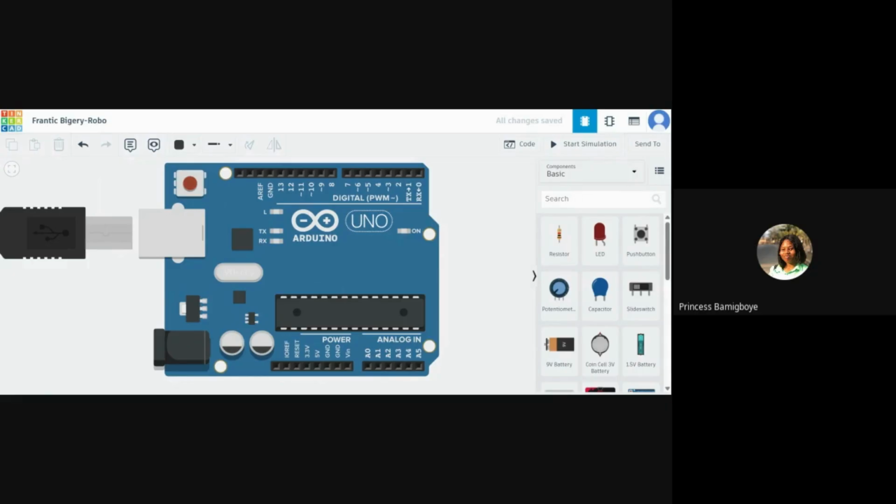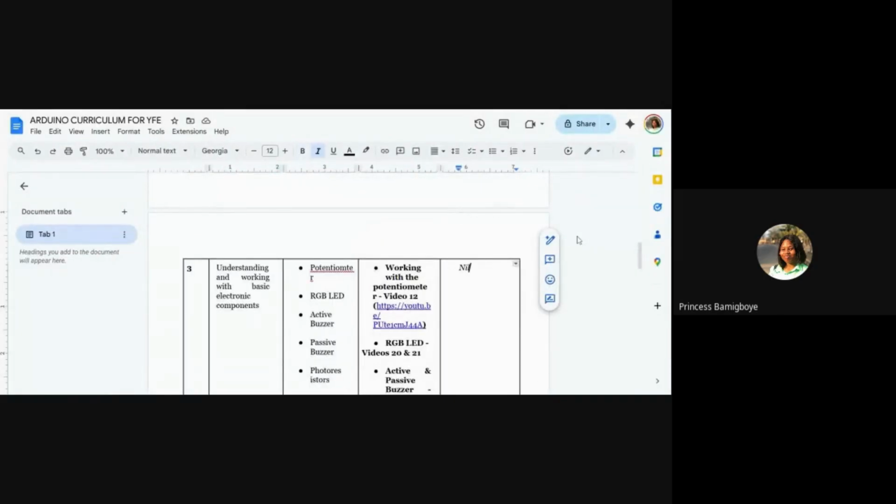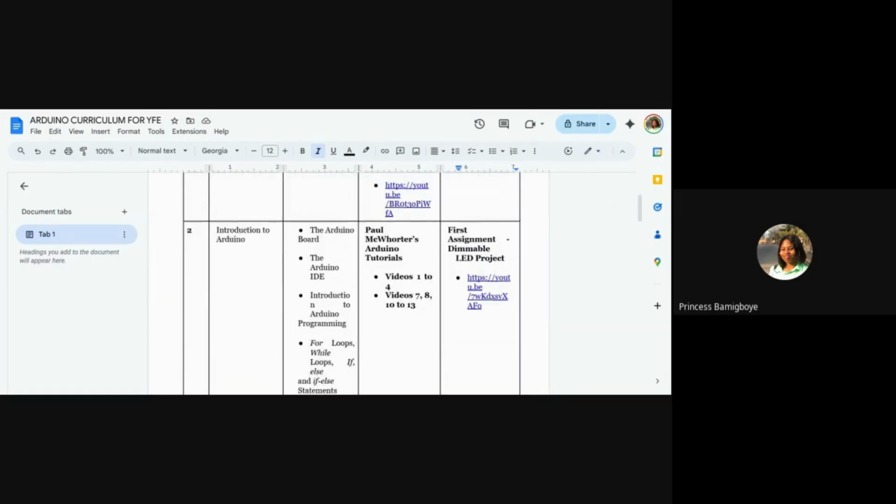So now let's look at the next thing on our curriculum. After we are done with the Arduino board, the next thing that we're supposed to cover is the Arduino IDE, and that's where we'll stop for this class.